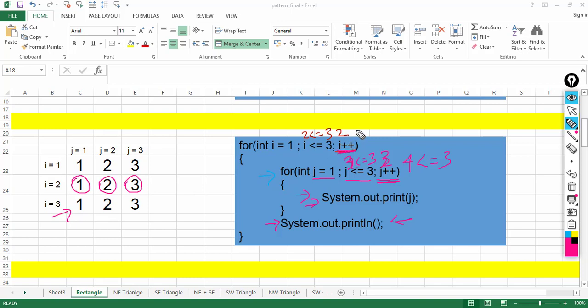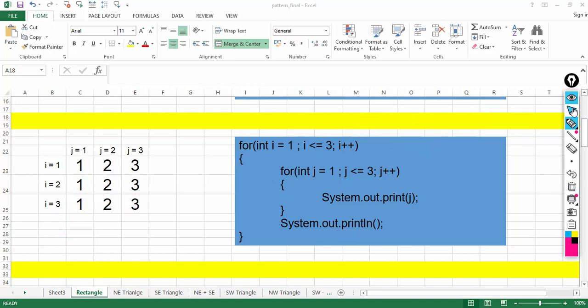Now i will become 3, condition becomes 3 less than equal to 3, control comes inside, again the inner loop will run 3 times and it will print 1 2 and 3. Then cursor is taken to the next line. Control comes to the update part, i becomes 4, condition becomes 4 less than equal to, sorry, 4 less than equal to 3. So this condition becomes false and we are out of the loop.